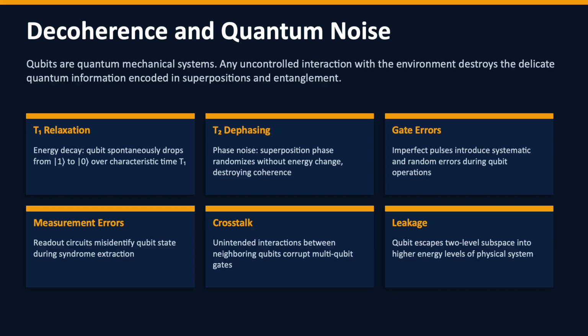There is even a failure mode where a qubit leaks out of the two-state system it is supposed to inhabit and starts behaving like a more complex quantum object, breaking all the assumptions the error correction system was built on. Each of these error types requires a different kind of vigilance from the quantum engineer.